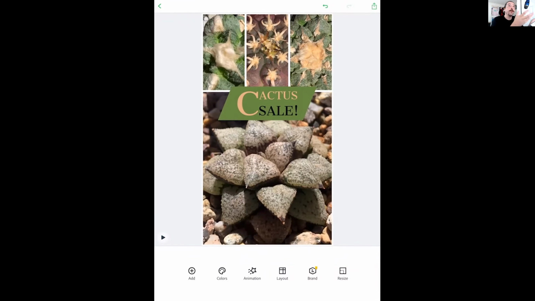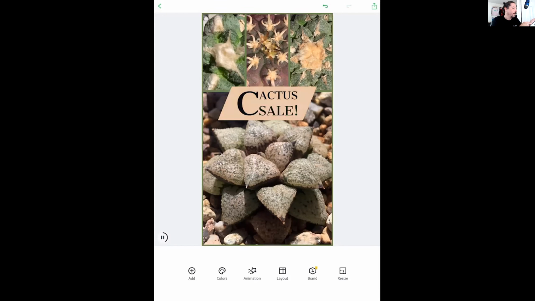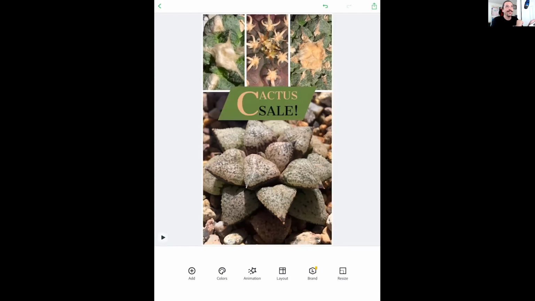By the way, if you want to see what your animation looks like, there's that little play button on the bottom left, and that will play your animation. I think they let you turn it off and on because it can be distracting while designing. Okay,